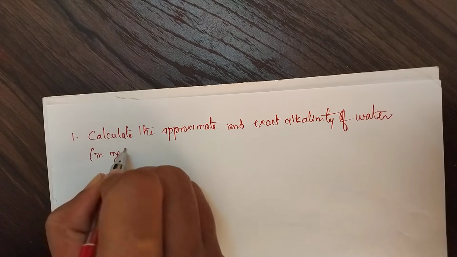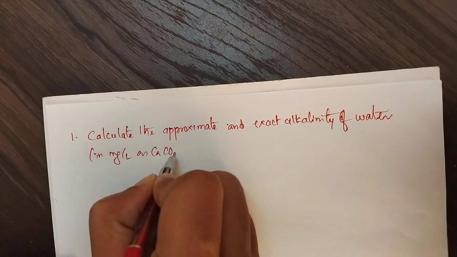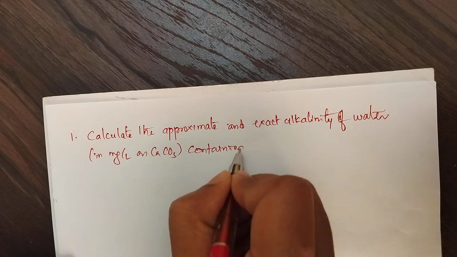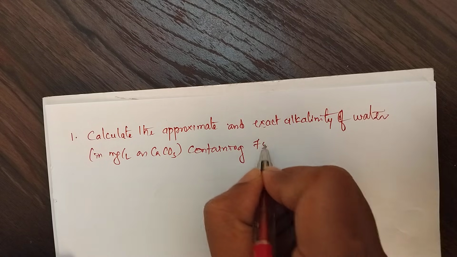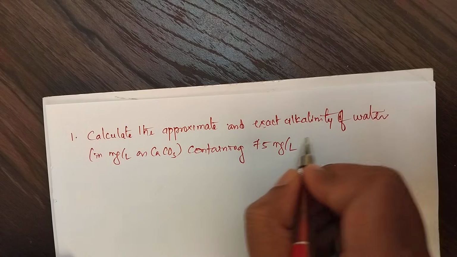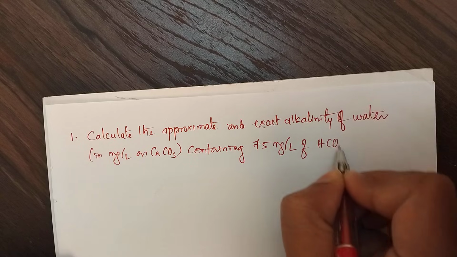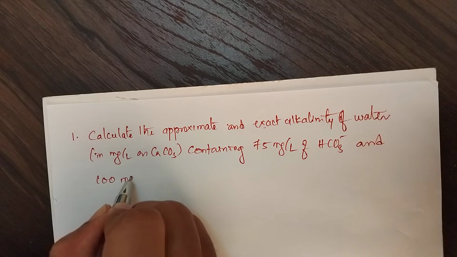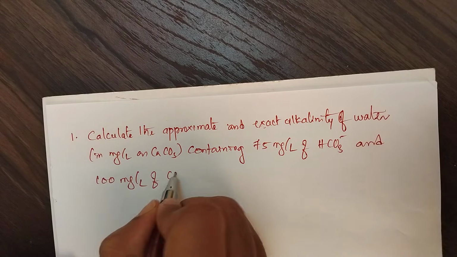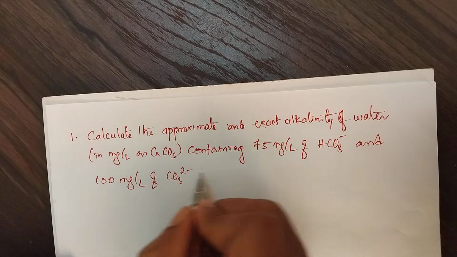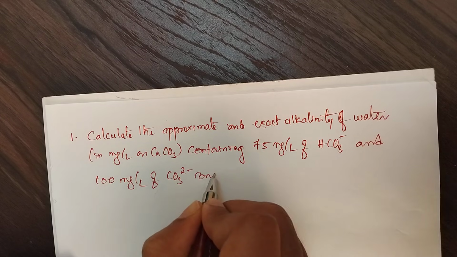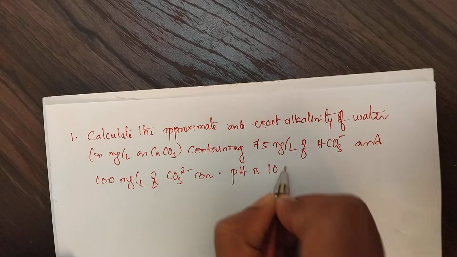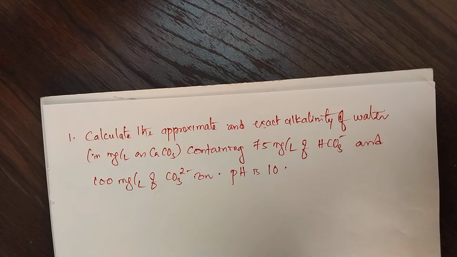in milligram per liter as CaCO3, containing 75 milligram per liter of bicarbonate ion and 100 milligram per liter of CO3 2 minus carbonate ion, given the pH is 10. So